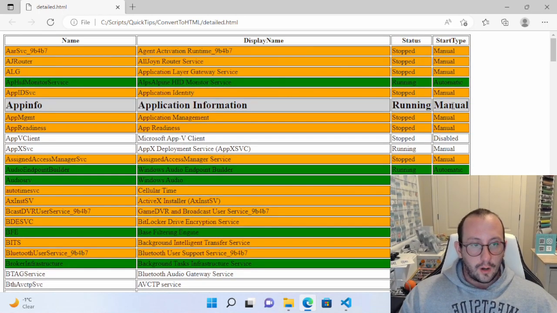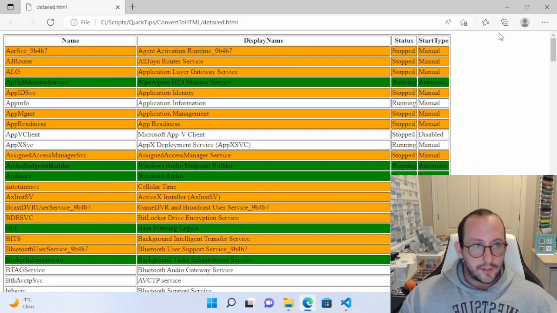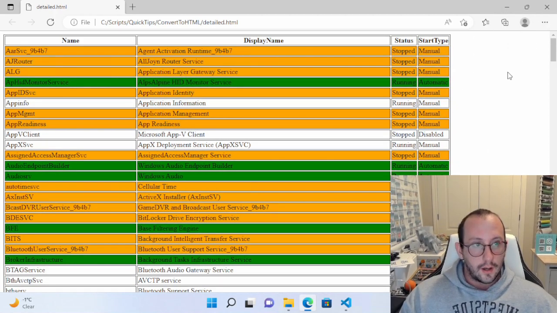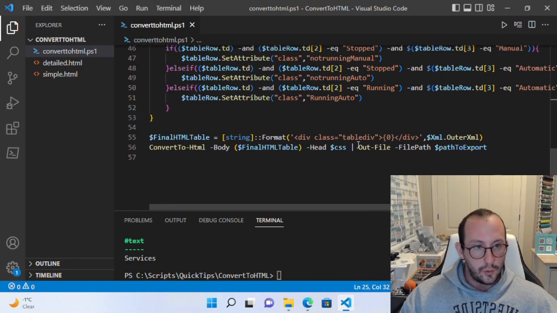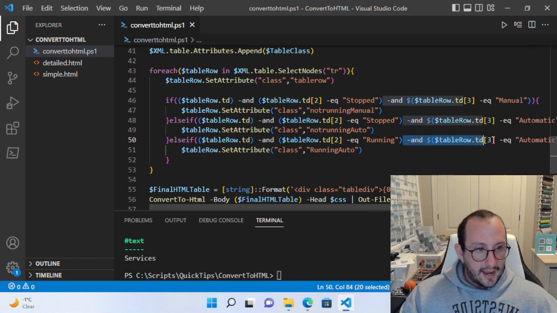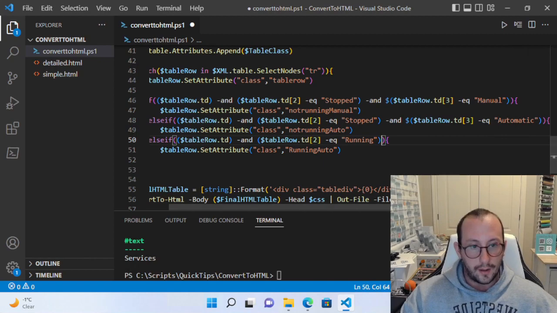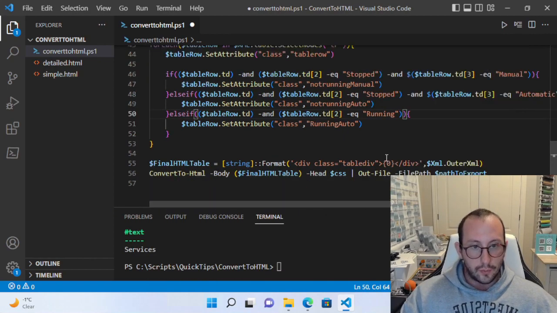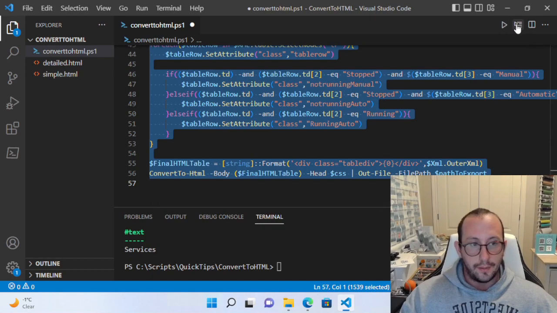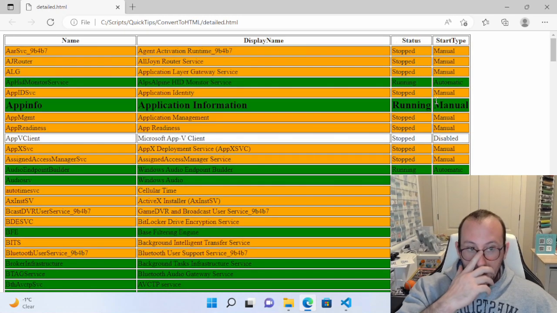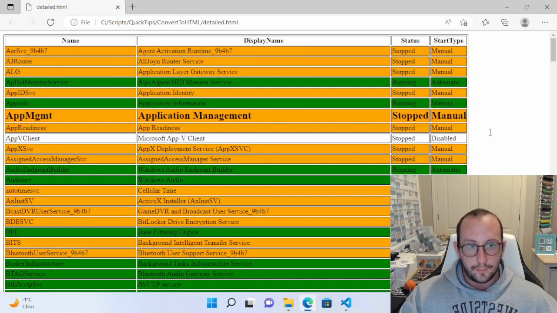Now, maybe our running manual, we also want that set to green. So all we would need to do, if it's running, we just want it set to green. So what we can do is remove our and here. If it's equal to running, we don't really care about the start type. If it's running, it's good. It should be running. Maybe you don't want that in your scenario. You would just have to build the different conditions for what you actually want. In my case, for this video, anything that's running, I just want it green